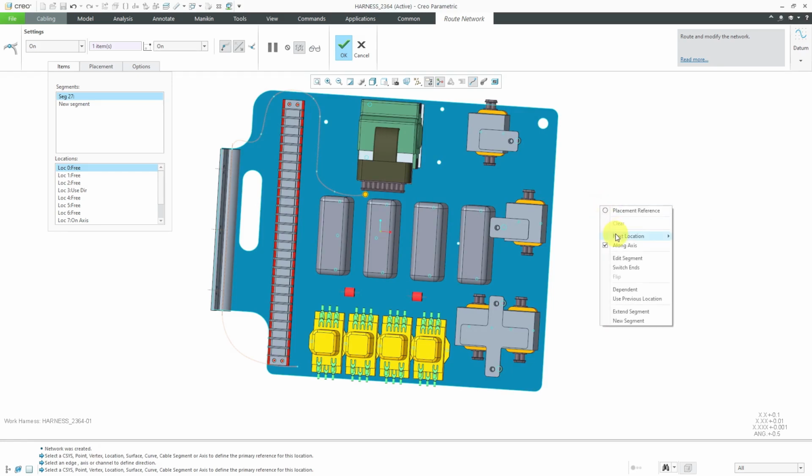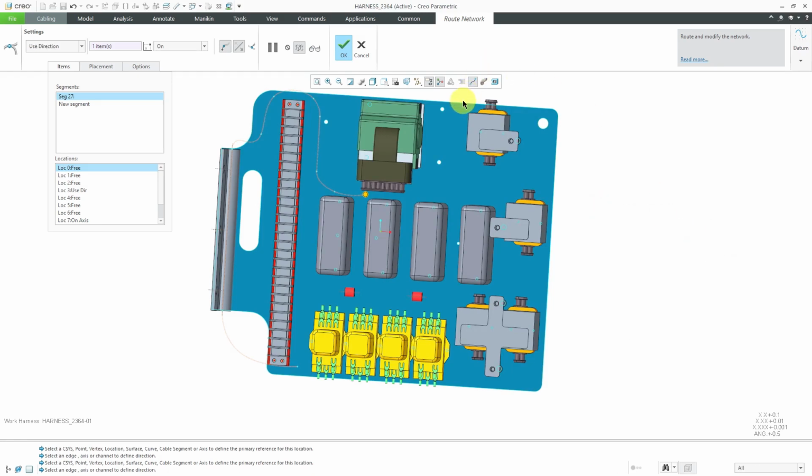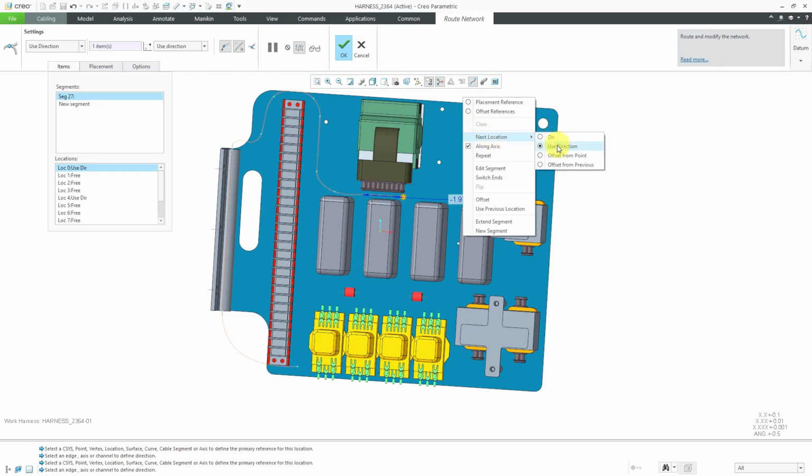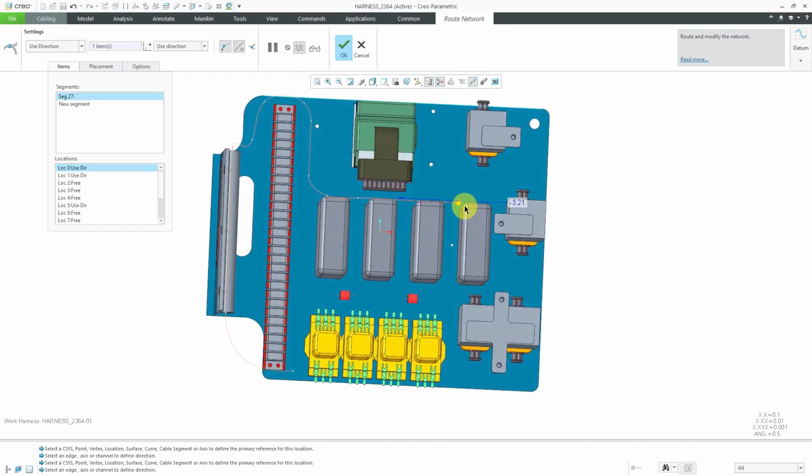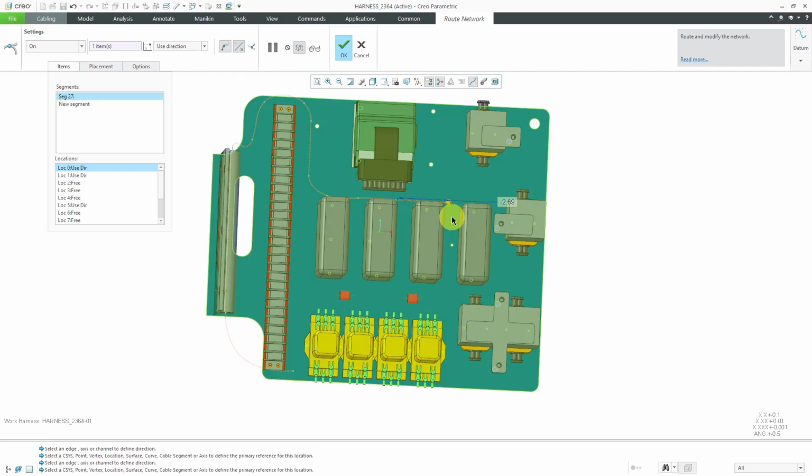And again, I am a big fan of Use Direction. This time I'll pick this edge, and I don't want to go in that far. Let's do it about over here or so for coming off of that connector. And I'm still in Use Direction. So let's pick this over here, and don't want it going that far. I'm just going to eyeball it. And I'm going to continue on with this process for setting up my different locations. Let's go back to On, and I want it to curve right through in there. And then let's go to use,